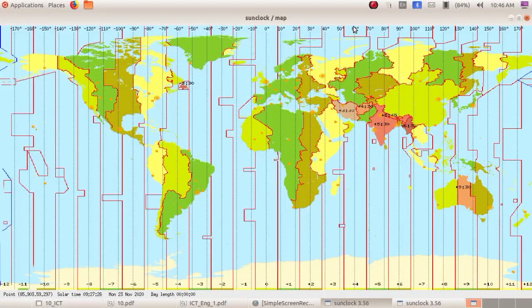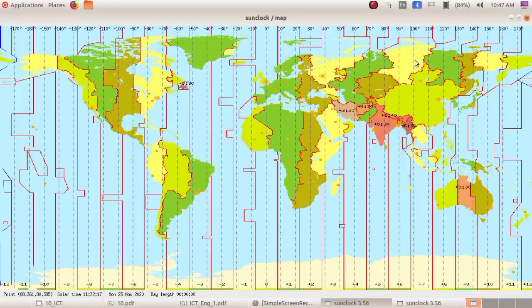Now I am clicking 60 degree. Now the date is not changed, that is 23rd November, but time is 9:27. You have to write that. Next 90 degree. Time has increased, 11:32. When we are clicking to the right of the Greenwich meridian, the time is increasing, right?